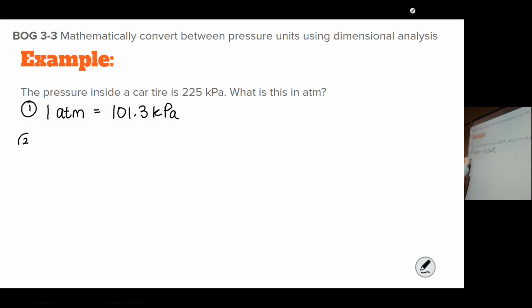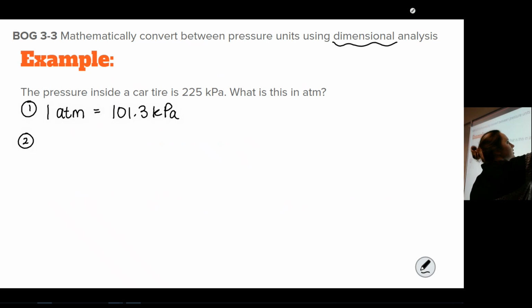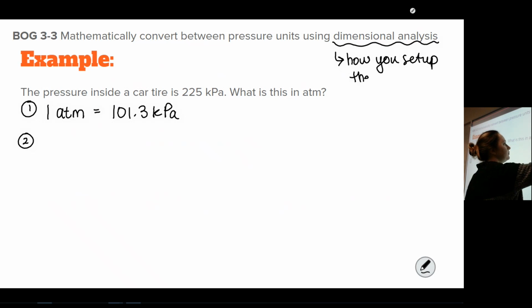So the next thing I need to do, I need to set up my conversion using dimensional analysis. So dimensional analysis is just how you set up the calculation. So there's a very specific way to do it because you have to show that the units are canceling out